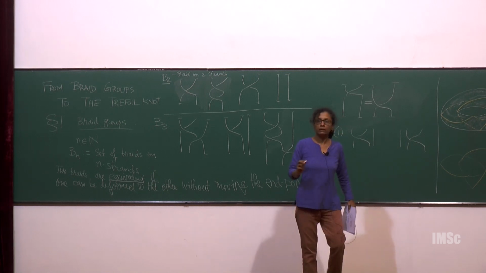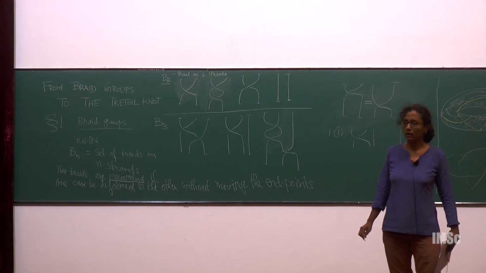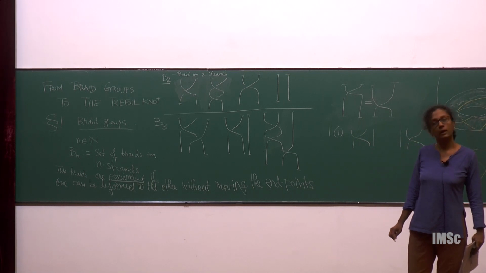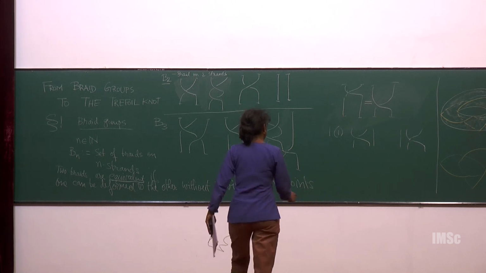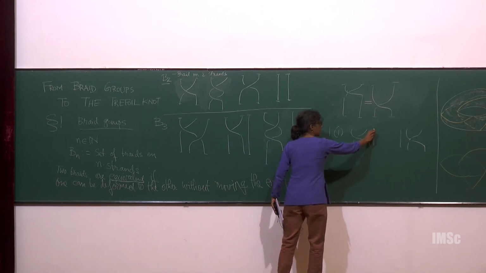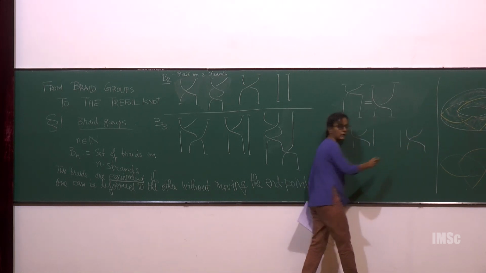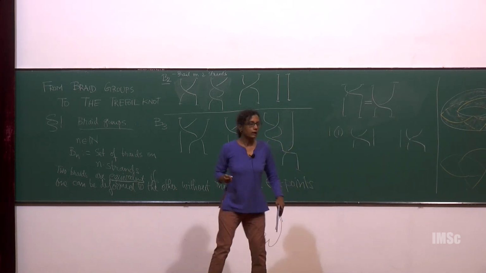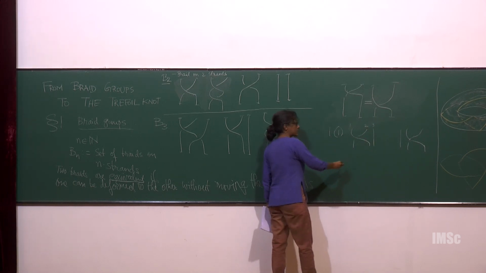Why are they not equivalent? Because the left two are entangled and the right two are entangled. Yes. So you can say that this one is not crossing at all here, whereas here this one is going across. So if you number these starting points as 1, 2, 3 and ending points as 1, 2, 3,